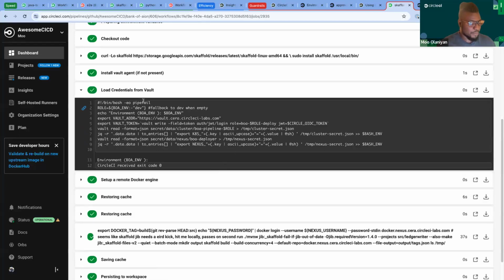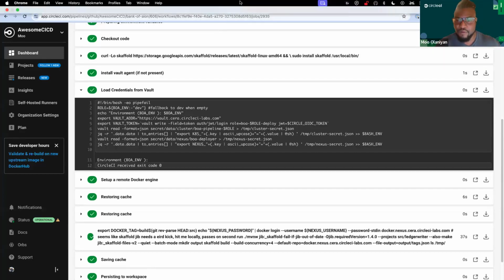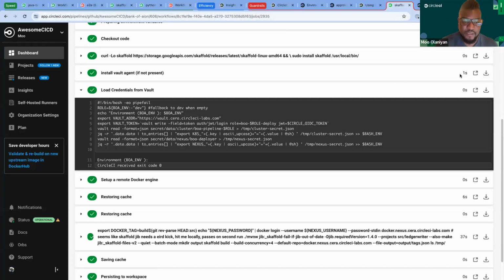And then what'll happen is if it does have access, it'll go ahead and get it. But if not, the whole job will pretty much fail and be like, hey, you don't have access to these secrets. And it's a really good way to make sure that only the right people who have the authority to do certain things can do those things, right?